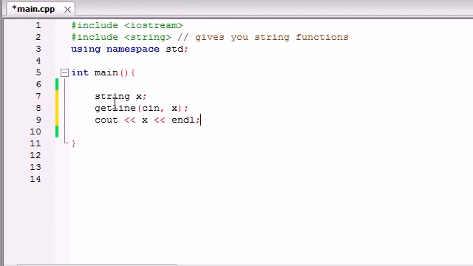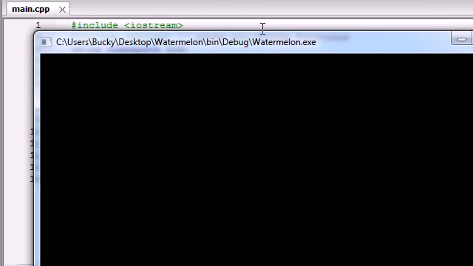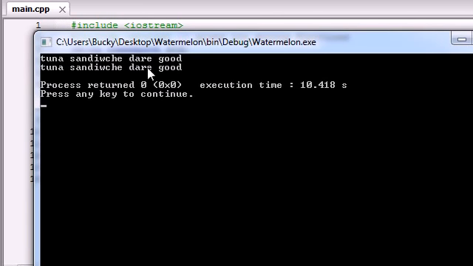Endl. And now what getline does is, instead of the end of input being determined by a white space character like a space, the end of the input is determined by a new line character. So getline is going to wait till we have a new line. In other words, when we're working with cin, which means input from the keyboard, it's going to wait until we press enter, or basically when we're done typing text on the line. So now when we put "tuna sandwiches are good" and press enter, it's going to output "tuna sandwiches are good". And this entire thing is the string that's going to be stored in